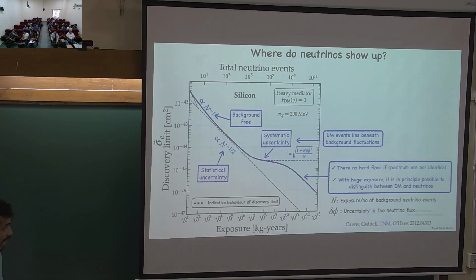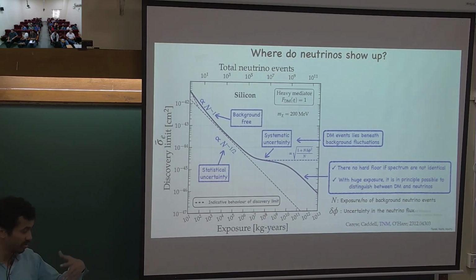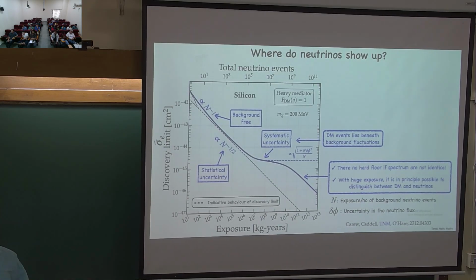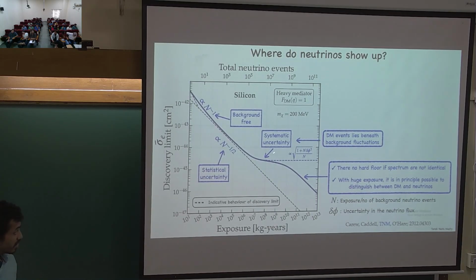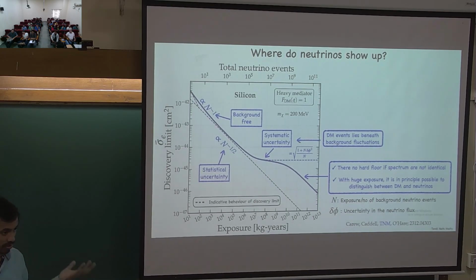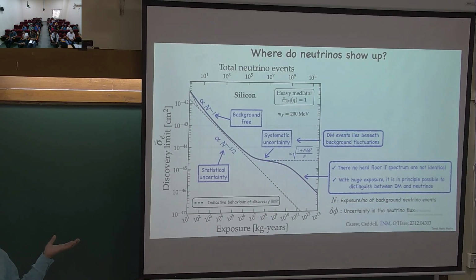Okay. And if you increase your exposure further, your experiment can measure its own background and you can separate out dark matter and neutrino utilizing, let's say, the tail of your distribution. If the dark matter and neutrino shared an identical spectrum, then this flat line would have gone on even if your exposure is infinite. But your dark matter and neutrino, as I showed earlier, are not sharing an identical spectrum. You could separate those out when you use exposure.